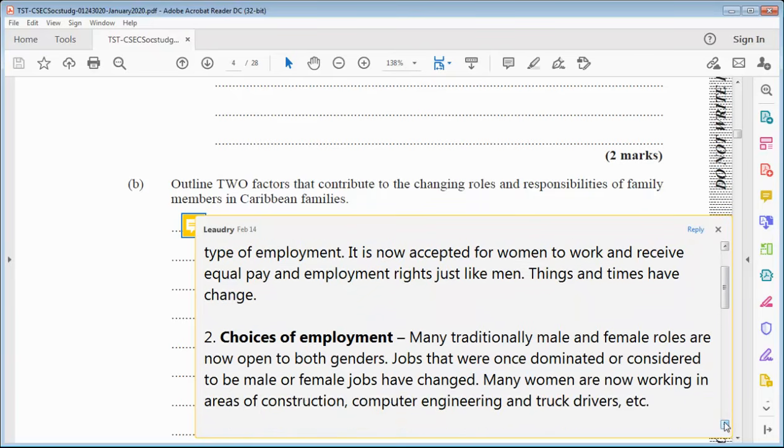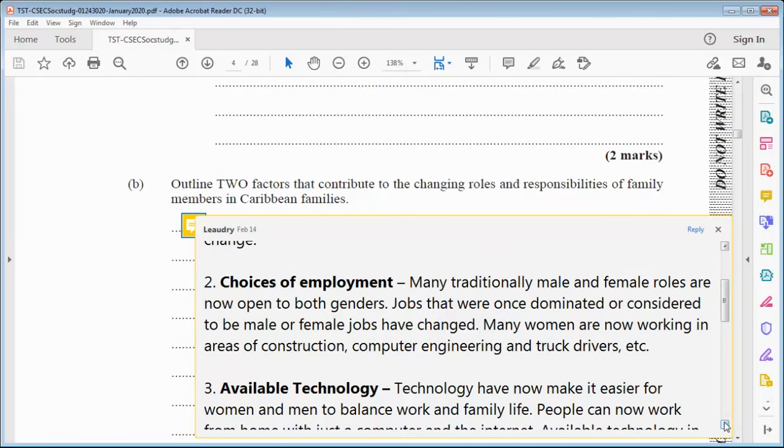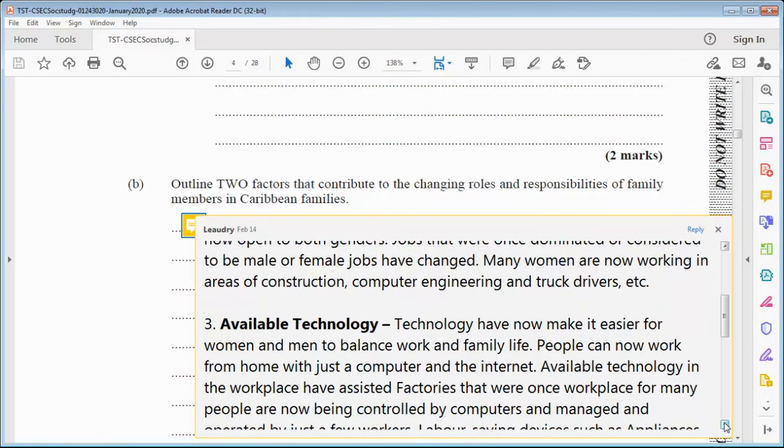2, choices of employment. Many traditionally male and female roles are now open to both genders. So jobs that were once considered to be male or female jobs have changed. Many women now are working in areas of construction, computer engineering, and as truck drivers, and many other areas that both men and women are now working in. Another factor we have